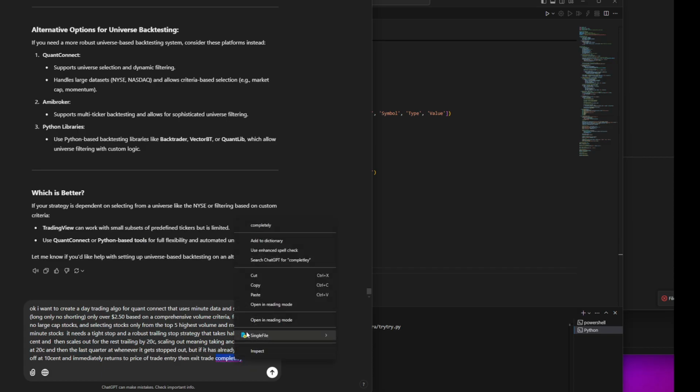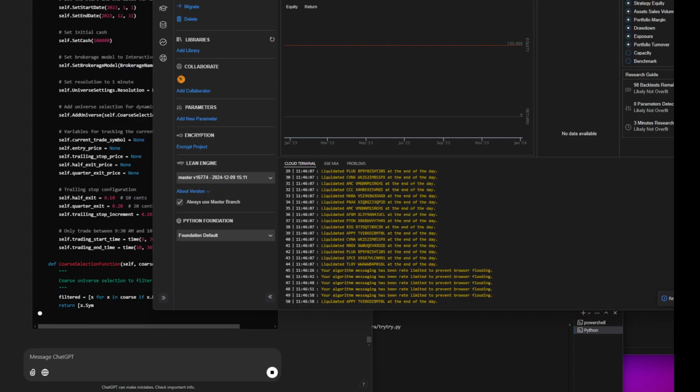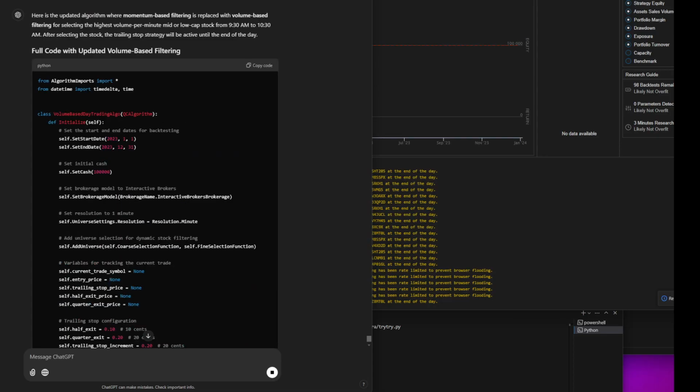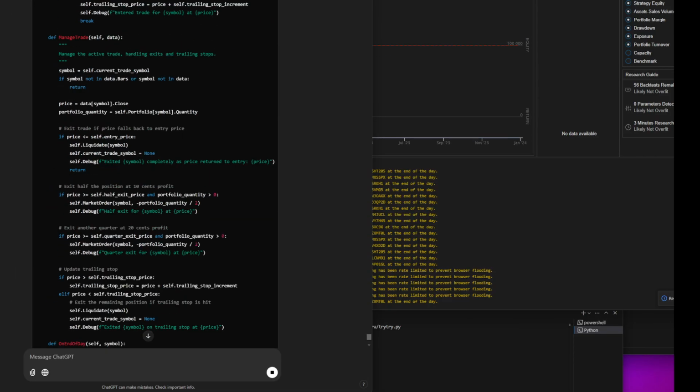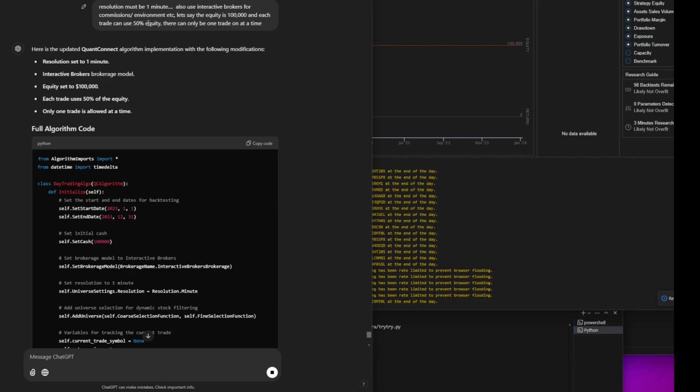All right. Let's just go with that and see how we go from there. All right. Okay, that one didn't really work, so I just asked it then to set the resolution to 1 minute and use Interactive Brokers for the commission